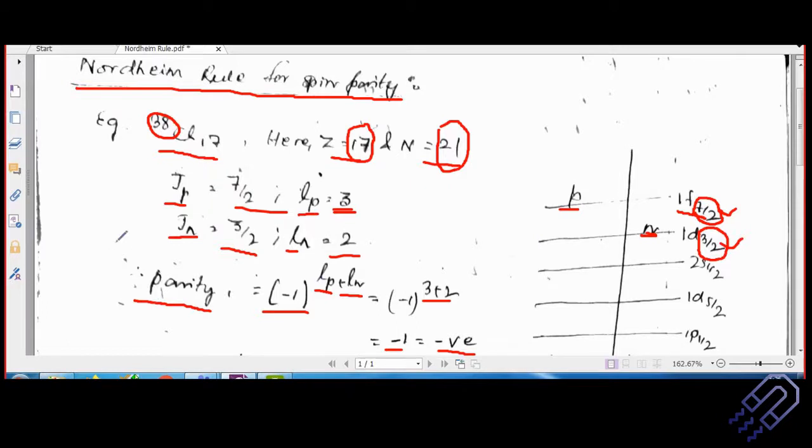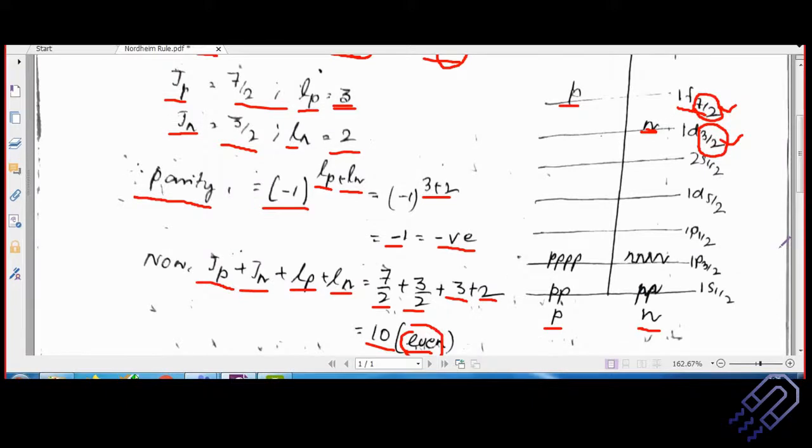See here again, I'll just explain this once more. What you have to do is draw this energy level diagram. I'm a bit inclined towards these energy level diagrams so that you understand what you have done. Very important: find out at what point the proton lies and at what point the lone neutron lies. Take the J value there, that will be J for proton. Take the J value here, this will be the J for neutron. So you've got JP and JN.